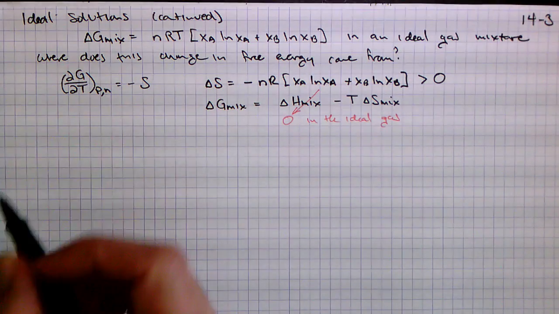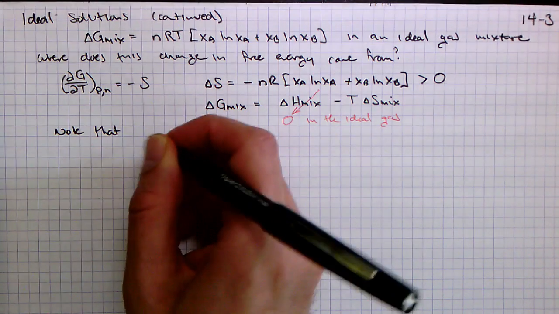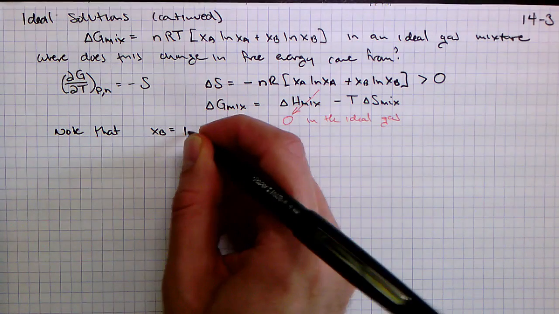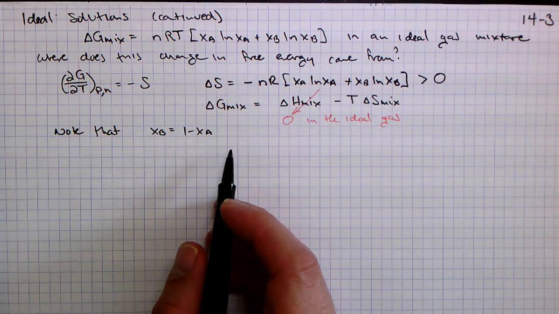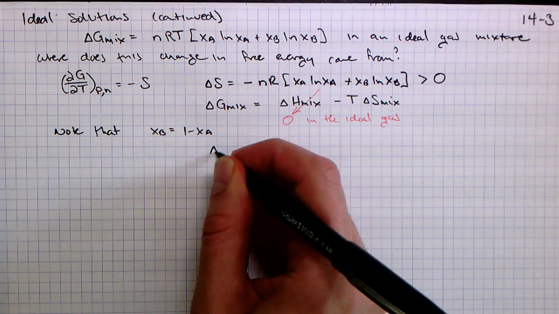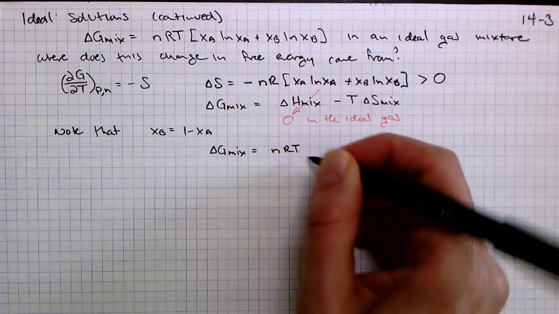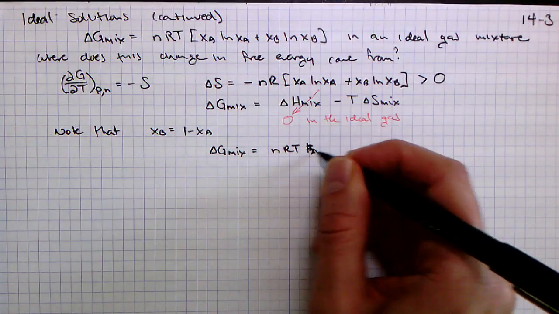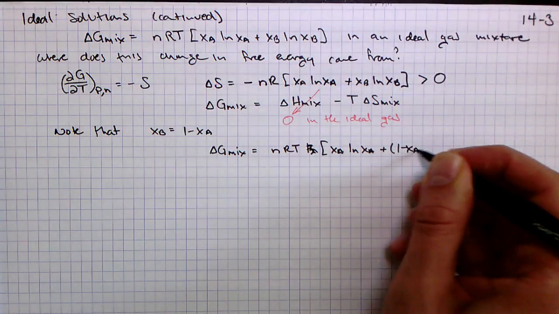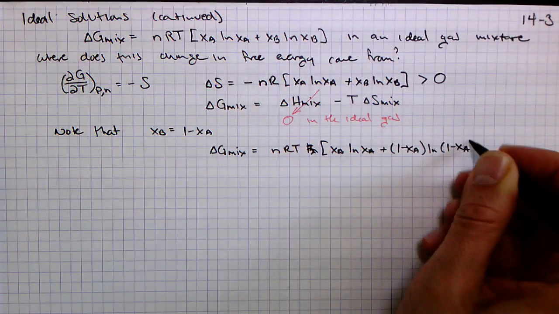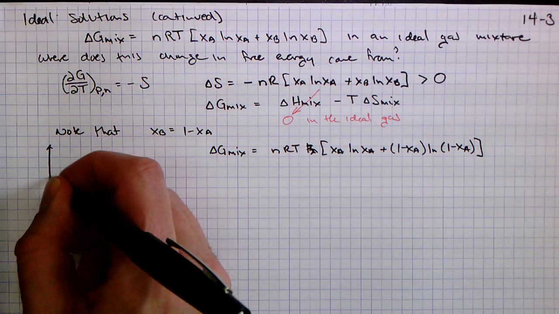Now we can simplify this a bit by noting that XB is equal to 1 minus XA, and vice versa, right? So we can write this only in terms of XA, and in that case we can write down delta G of mixing simply as nRT times XA natural log of XA plus 1 minus XA natural log of 1 minus XA, right? And if we were to plot that, let's put that over here,